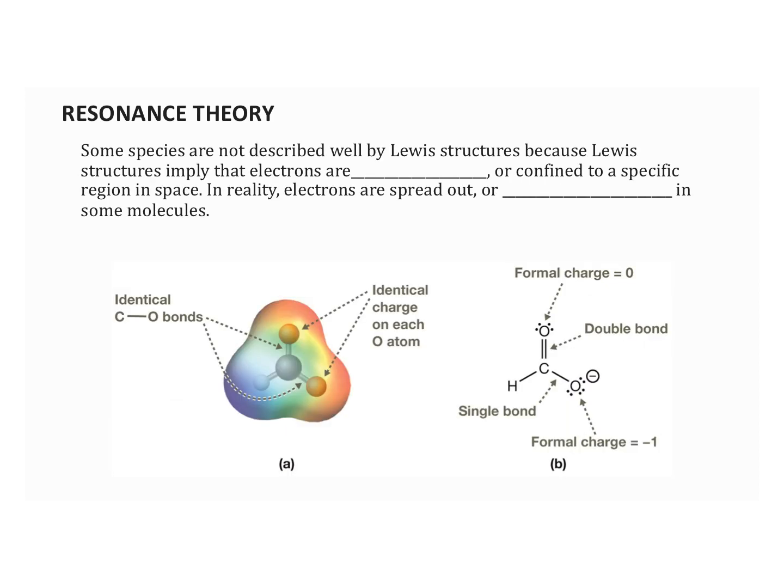So let's talk about resonance theory for just a second. Sometimes what you're going to see is some species are not really going to be described well by Lewis structures. And the reason for that is that Lewis structures imply that electrons are localized or confined to a specific region in space. In reality, electrons are spread out or delocalized